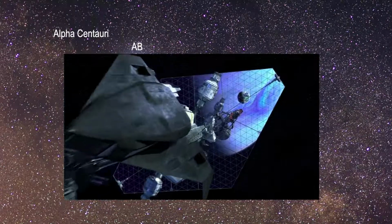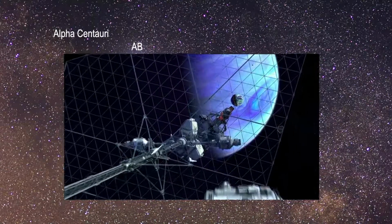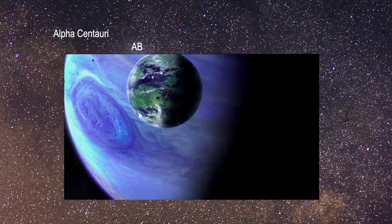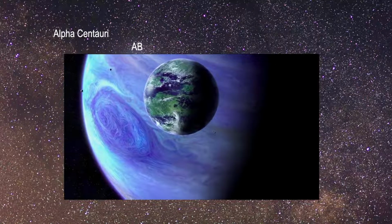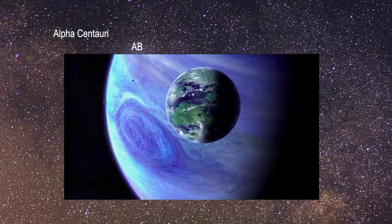So in Avatar, Alpha Centauri A has a giant planet, and this giant planet has a moon called Pandora, which is habitable and inhabited, and where humans go because they are interested in the resources of this planet. So you know about that. With Sean Raymond,